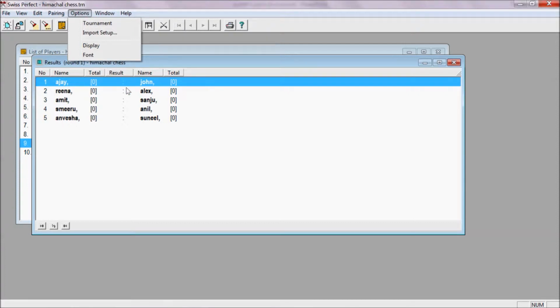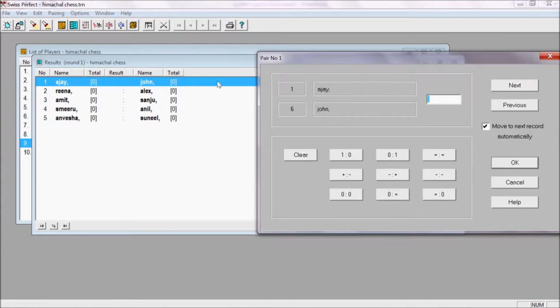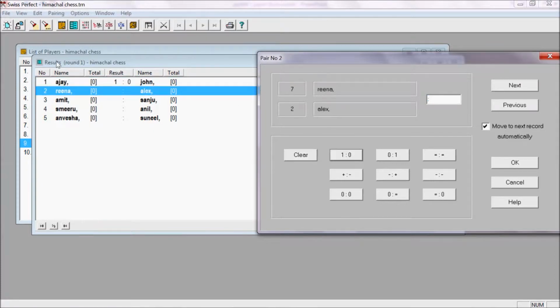After the pairing has been done, the players will play with each other, and after playing, the results will be there. For example, in the first board, white won, so you will score 1-0.